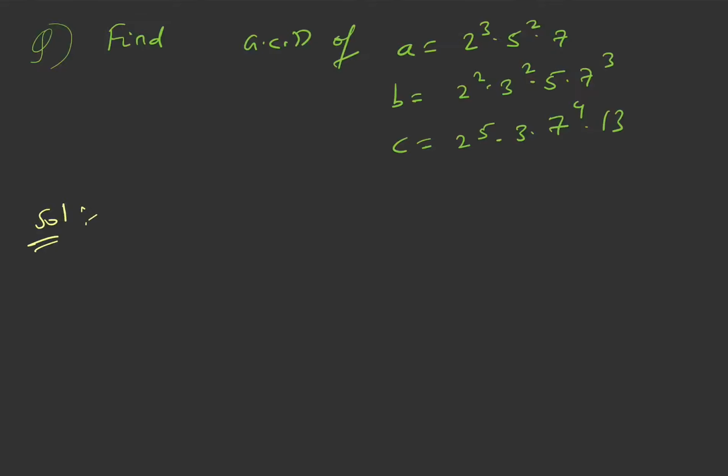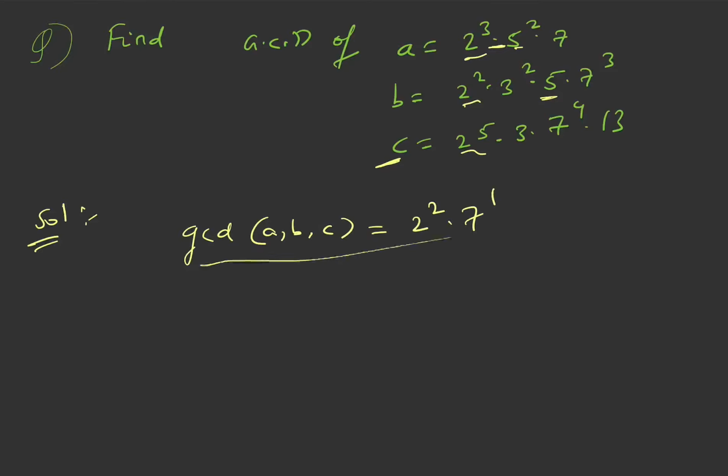So GCD means what? Greatest common divisor. So again, to find the GCD, we'll just take the maximum thing which is common in each prime. So the GCD of A, B, C, three numbers, is nothing but the maximum common in 2 is 2 square, right? And in 3 nothing is common because 3 is not a factor of A, and in 5 also nothing is common because 5 is not a factor of C, and in 7 power 1 is common, and that's it. So this is the GCD of three numbers A, B and C, right?